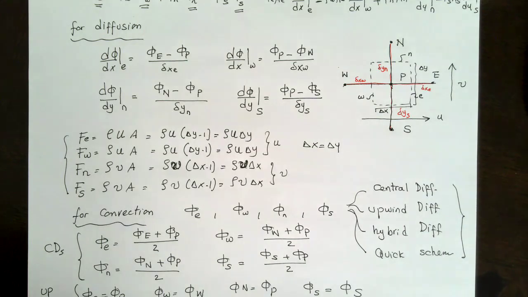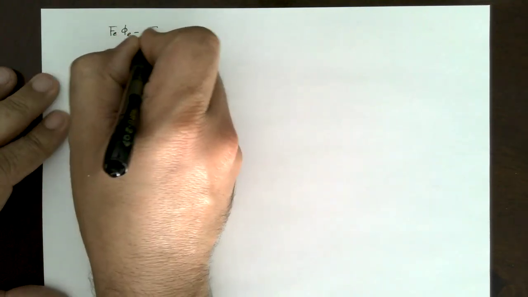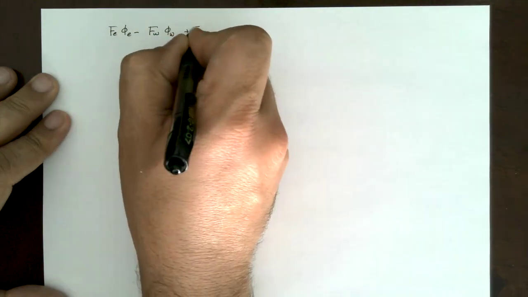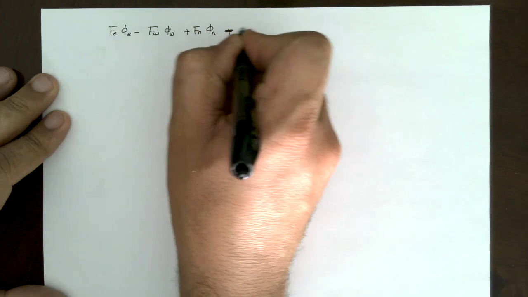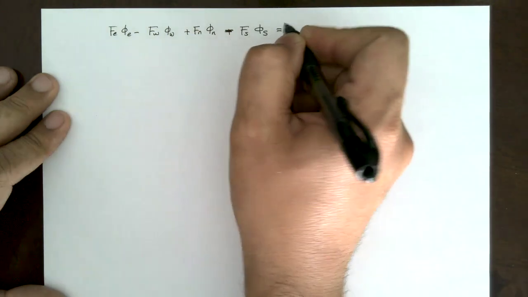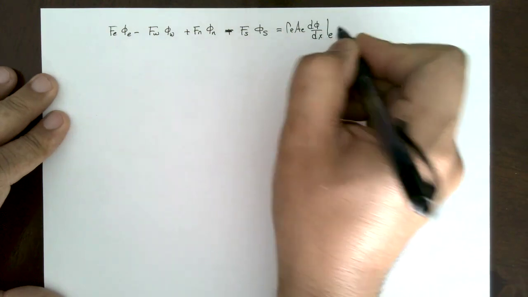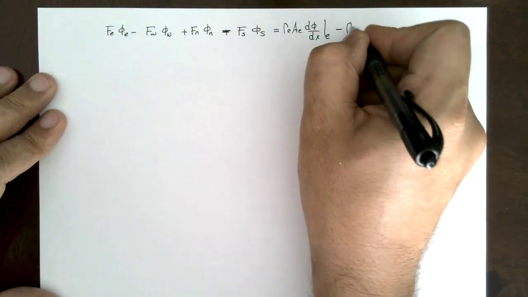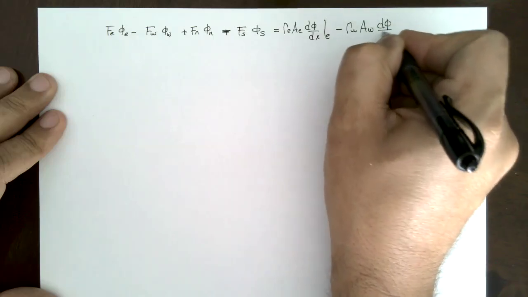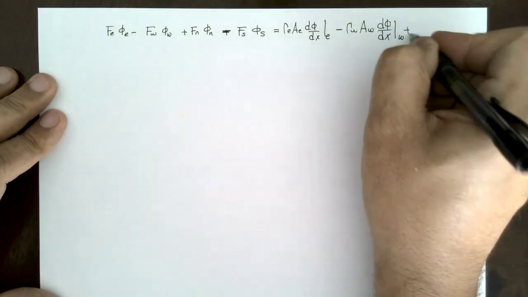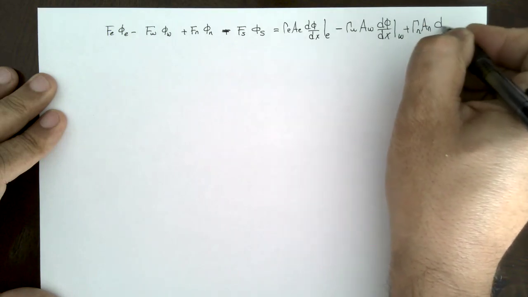The equation is F east phi east, minus F west phi west, plus F north phi north, minus F south phi south, equal to kappa east A east d phi by dx on the east, minus kappa west A west d phi by dx on the west, plus kappa north A north d phi by